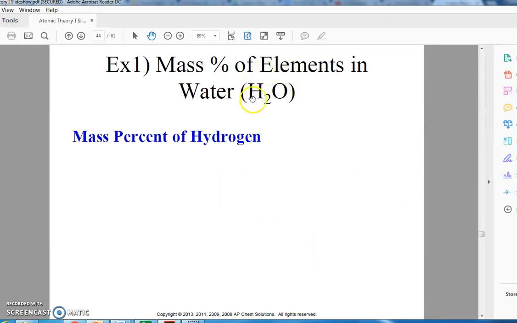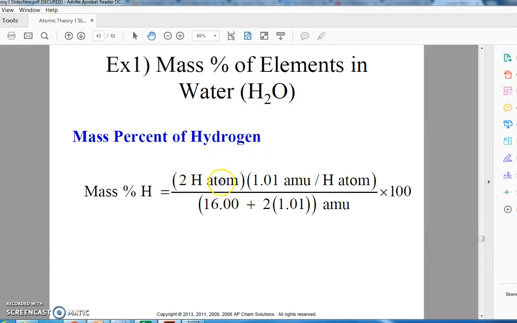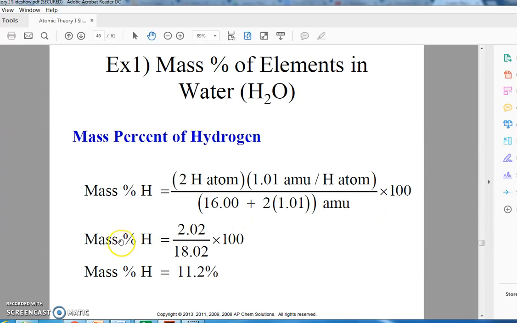For example, if we're talking about water and we're asked to find the mass percent of hydrogen. In water, there are 2 hydrogens. So that would be 2 times the mass of 1 hydrogen divided by the mass of the entire compound. So we've got our oxygen plus our 2 hydrogens. So it's the hydrogens, 2 of them, times their mass over the whole thing times 100. And we find that the mass percent of hydrogen in this compound is